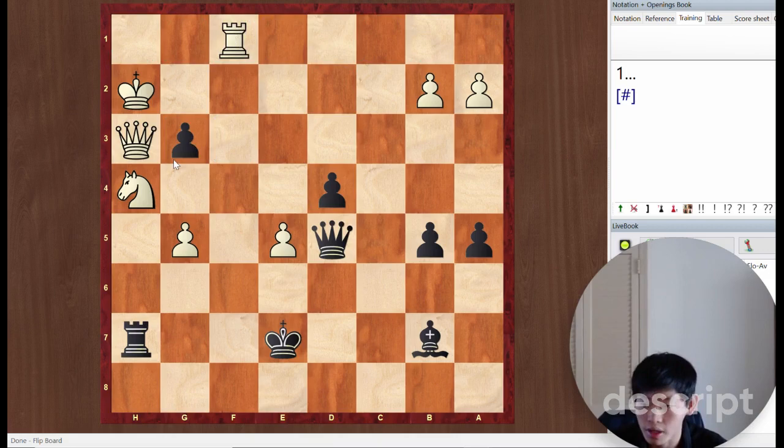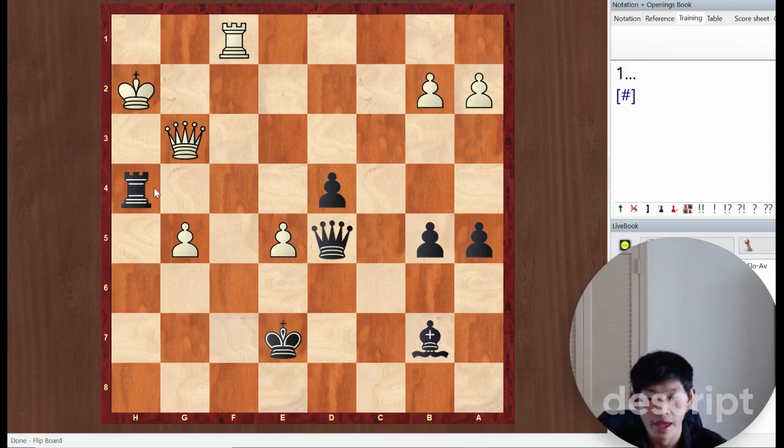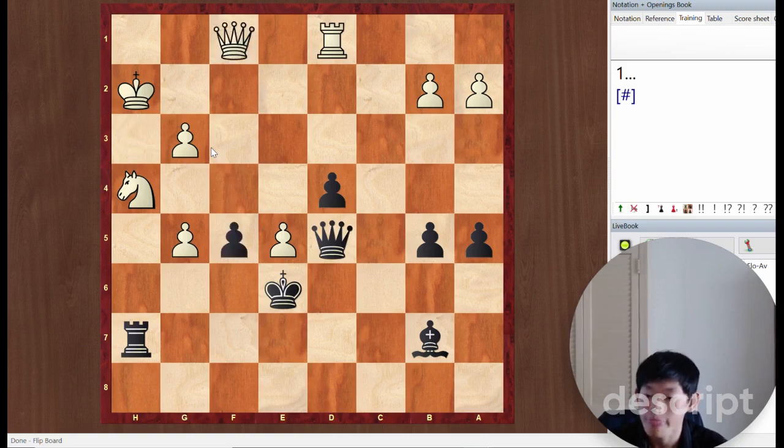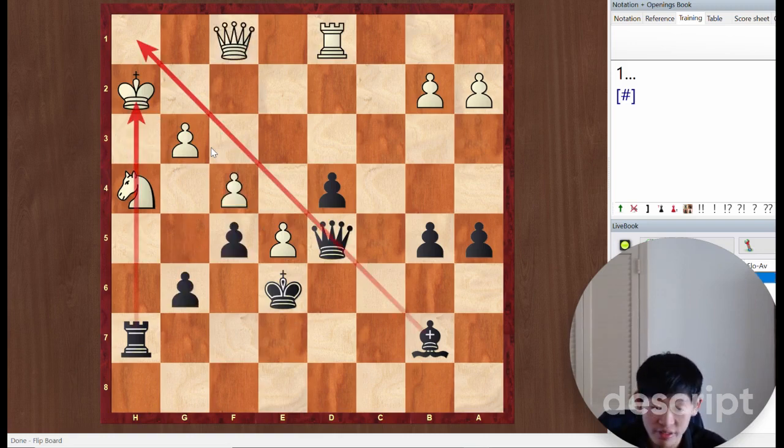Because after this, if queen takes, pause the video, see if you can find this tactic. If rook takes h4 check, and this rook cannot be taken because there's queen g2, checkmate. So at this point, I was already winning. If king takes, there's just queen takes e5 check, and white is getting absolutely crushed. So that was the game continuation. He ran out of time after I took on g3, so I didn't get to finish off the game. But